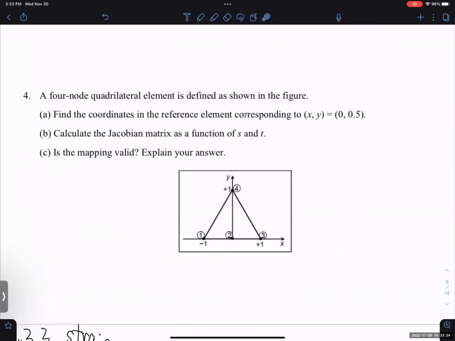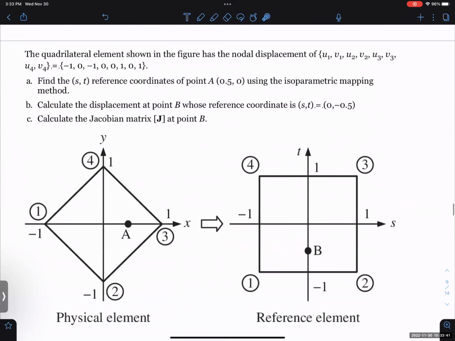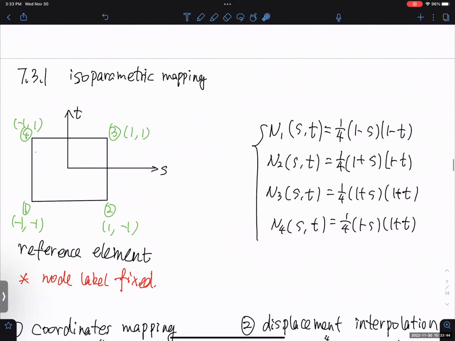So when you just look at this, you see that this angle is equal to 180, right? So this point should be invalid. And actually, if you put in S and T at this point, since this is node 2 in the reference coordinate, which is 1, -1, you plug 1, -1 into the expression,